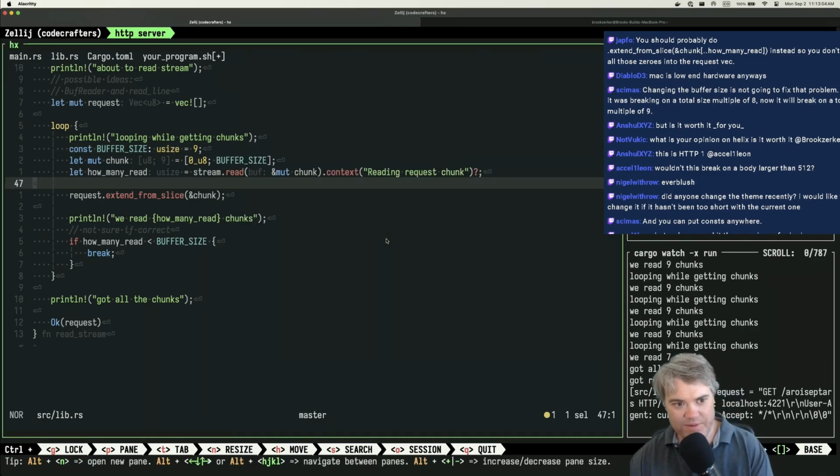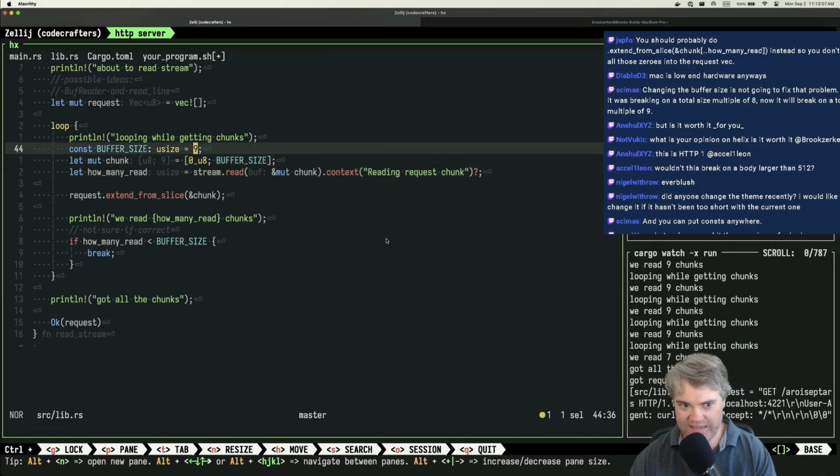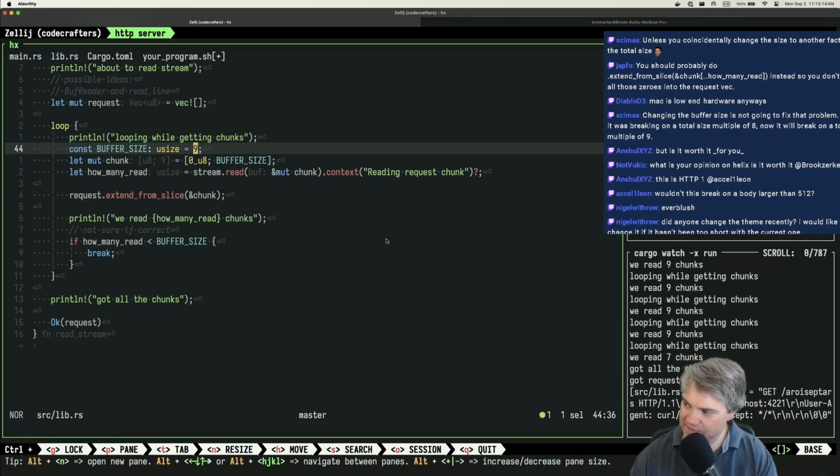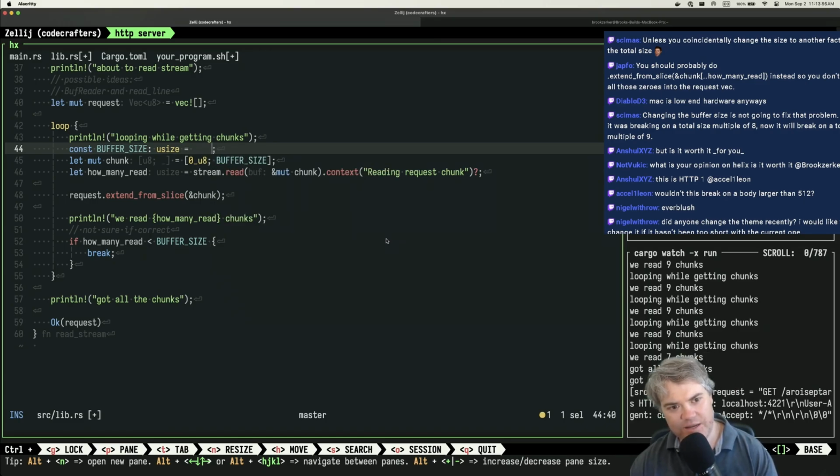I probably should do something like that. And then the other thing would be the buffer size, figuring out how many read up to it. Unless you coincidentally change the size to another factor of the total size. Yeah, which is possible. We can do, okay, we're going to do 9. Let's do 3. That'll work, right? I mean, 18 might work, but I could totally see weird problems like that. It would be hilarious to do something like, hey, we're going to do 18.5. Okay, so I put in an illegal number there. I wrote in 18.5, and